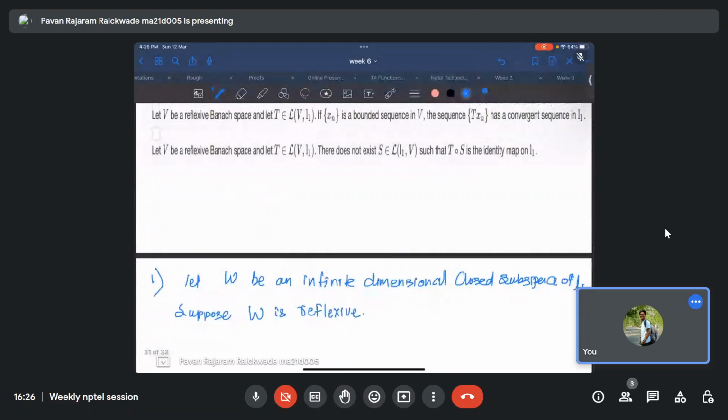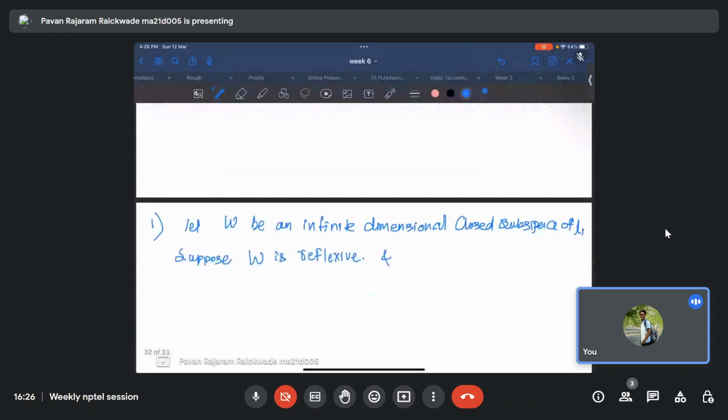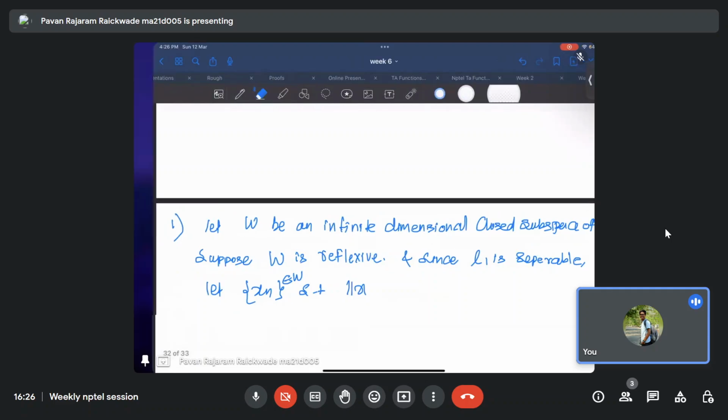And since L1 is separable, by the Eberlein-Smulian theorem, every bounded sequence will have a weakly convergent subsequence, right? So if you take Xn belonging to W such that norm of Xn is less than or equal to 1,